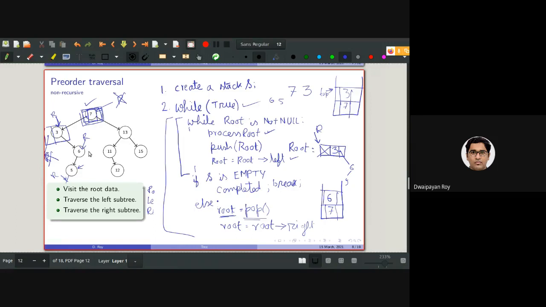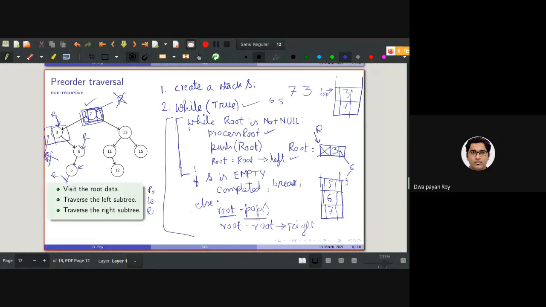After 6, we set the root to here, and root is not null. So 5 will also be pushed, but the left pointer is null. So this while loop will be terminated. We need to check whether S is empty or not. S is not empty.